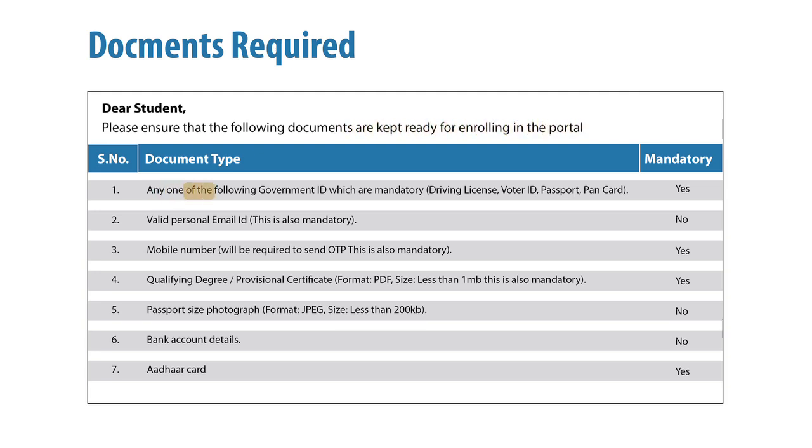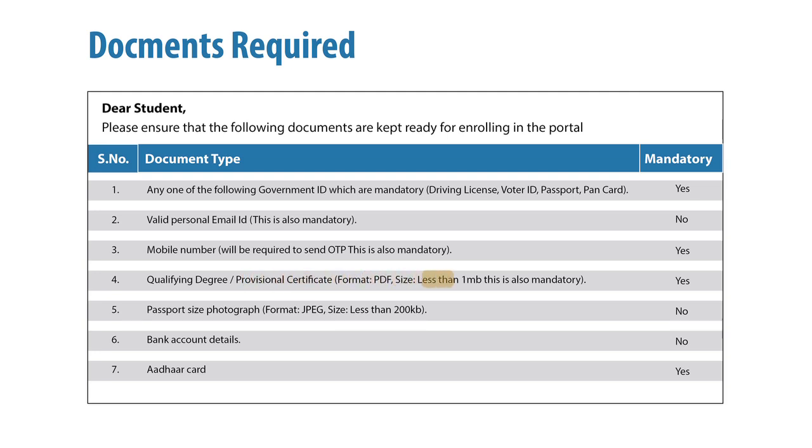First one, any one of the following government IDs, which is mandatory: driving license, voter ID, passport, PAN card. Second one, valid personal email ID. This is also mandatory. Third one, mobile number will be required to send OTP. This is also mandatory. Fourth one, qualifying degree or professional certificate, format